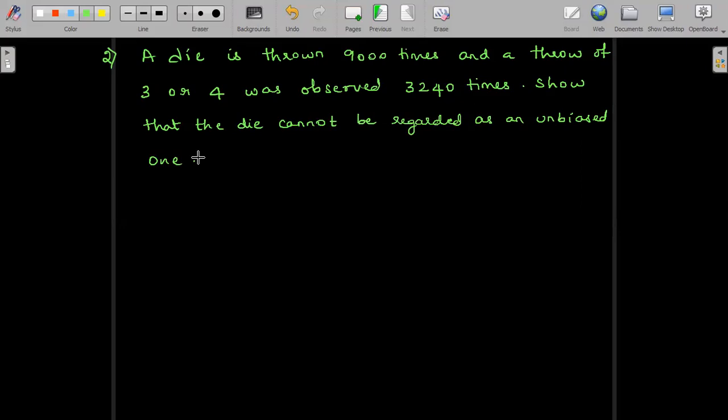So with respect to the die, we are talking about it being unbiased. So it is a fair die. Fair die means probabilities can be equally distributed. So we will see what is the probability of getting 3 or 4 on the die. So first we need to know the probability P: the probability of getting 3 or 4 in a single throw